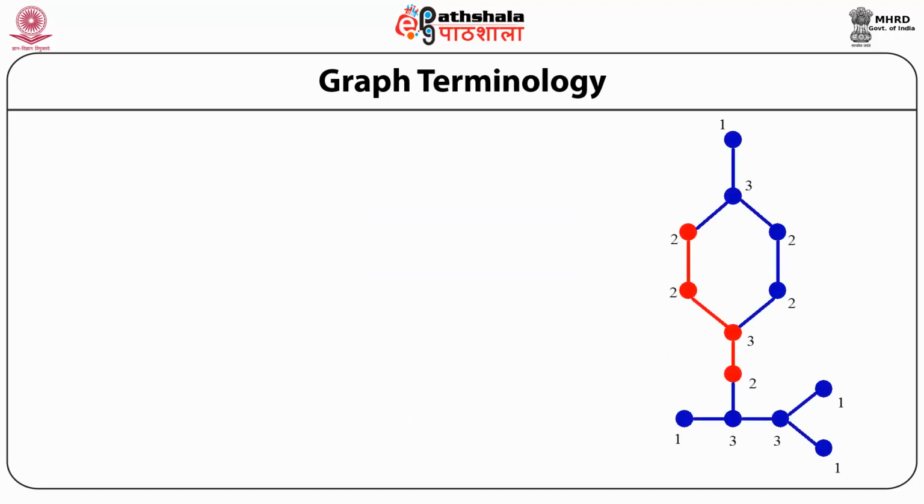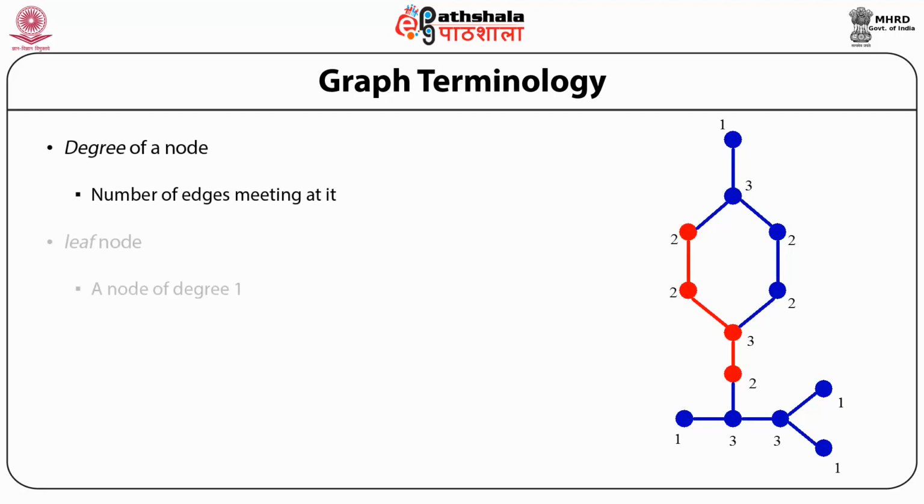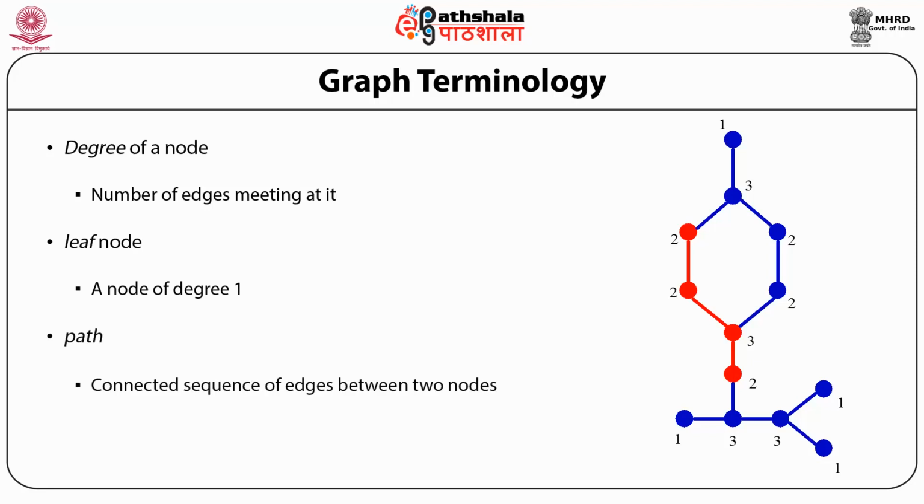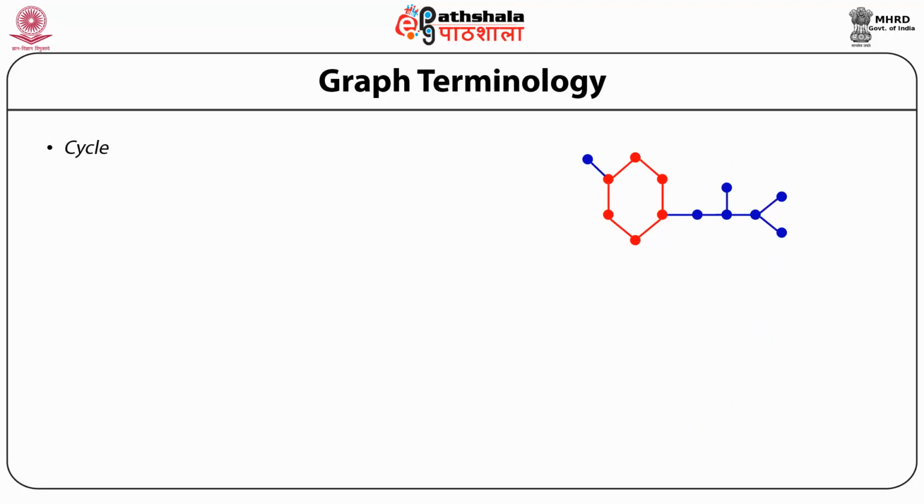What are the ways you can mathematically represent and compare graphs? There is something called the degree of a node, which is shown in blue. There is a leaf node, which ends without any ring. And there is a path, which is shown in red. To go from 2 to 2, you can have one path on the left-hand side. You can have another path, which will be the extreme largest path to come to point 2, 3, 2, 2. There are cycles. What are they? A path which returns to its starting point is called a cycle, depicted in red.